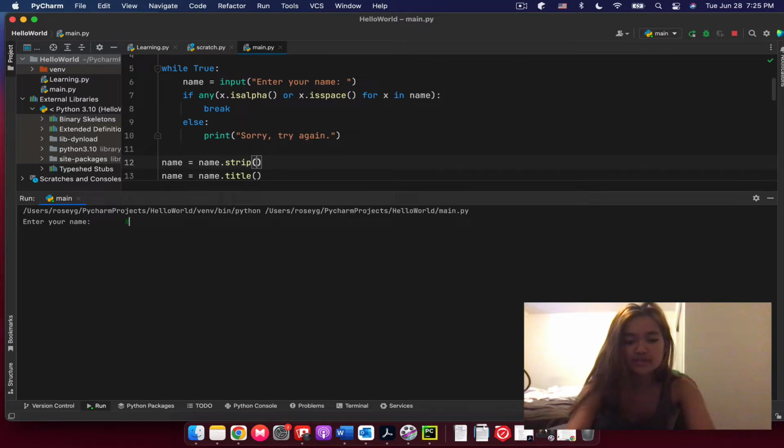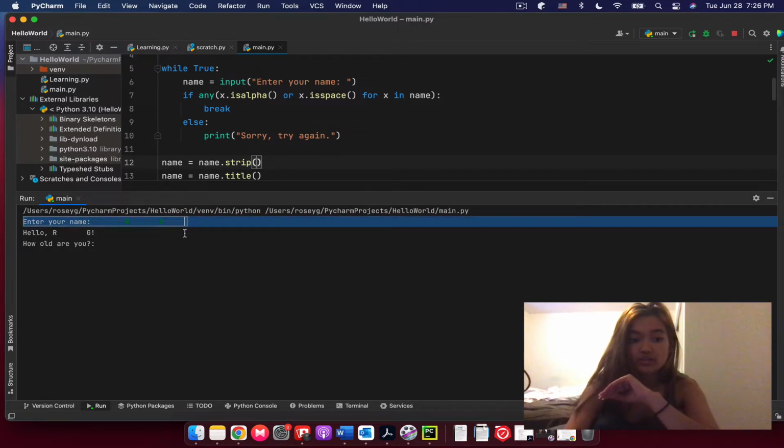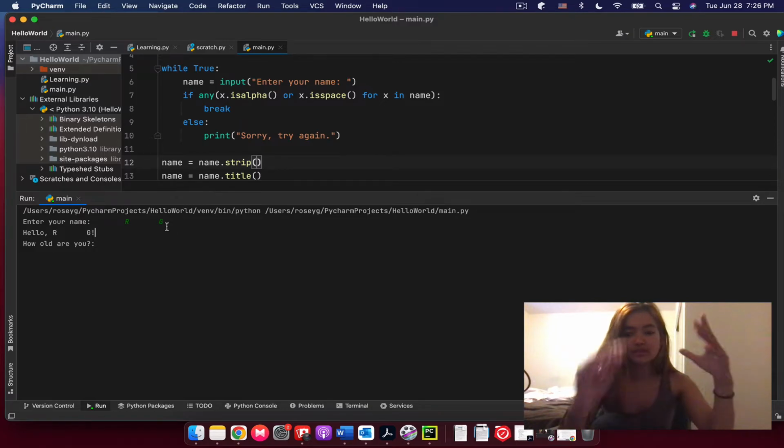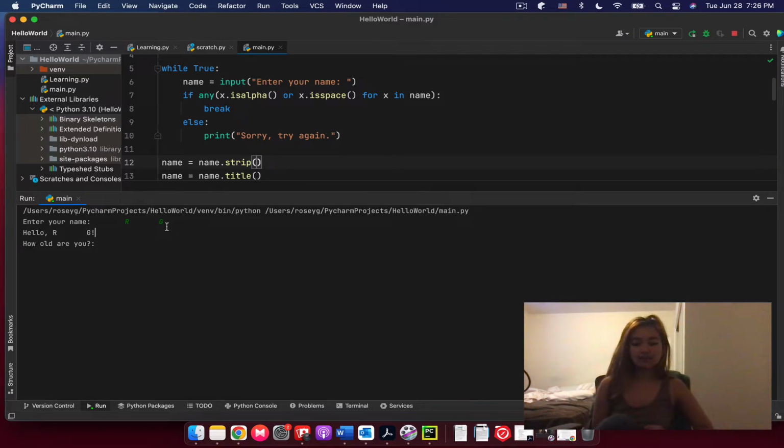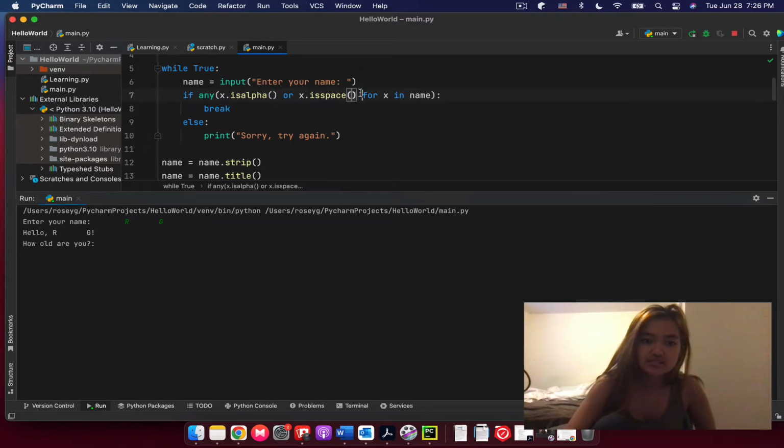So if I do space, space, space, R, space, space, space, space, G, and then all of those extra spaces, it's going to strip everything from the left of it and everything to the right of our input. But yeah, we've fixed that mistake that I did not catch, which was these parentheses and any,